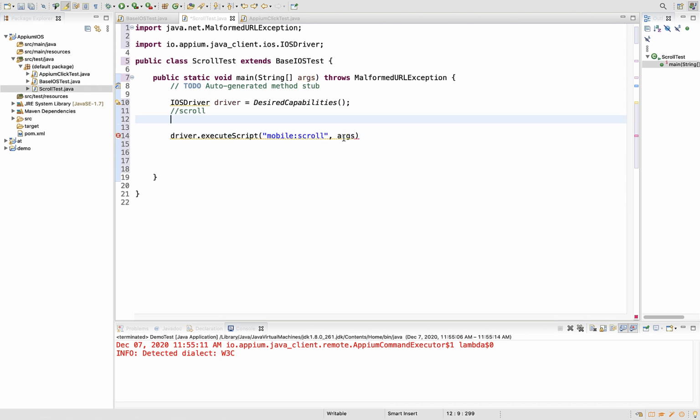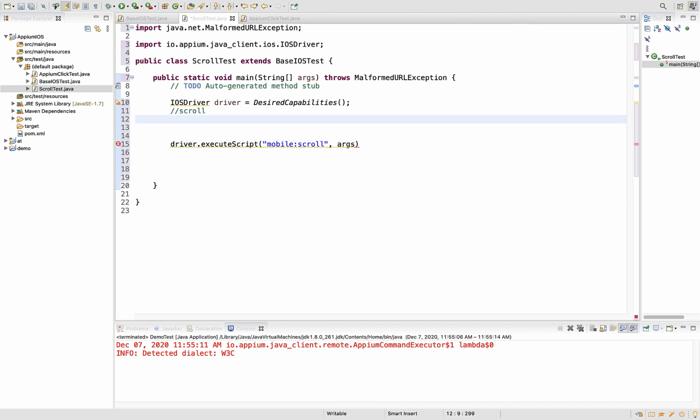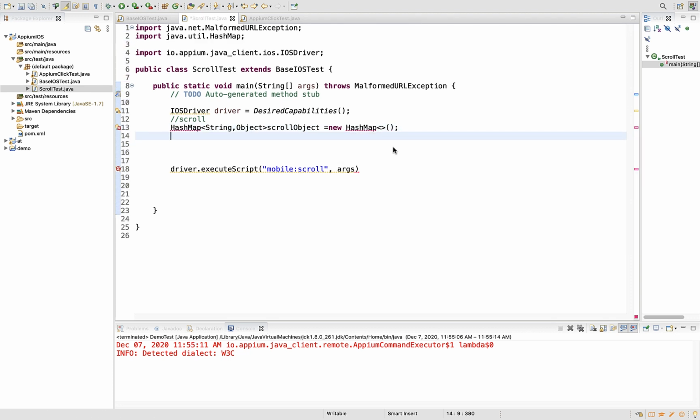All these details you have to pass as the second argument. This argument takes a HashMap as an input. So in your HashMap you have to provide all your details and send the HashMap object as the second argument. First let me create one HashMap. This HashMap takes key value pairs, right? Key will be a string and value will be any object, which can be integer, string, or anything. That's why I gave Object. New HashMap. So first I will create an object for the HashMap class, and then let's import this. I created an object called scrollObject. This is a HashMap object.